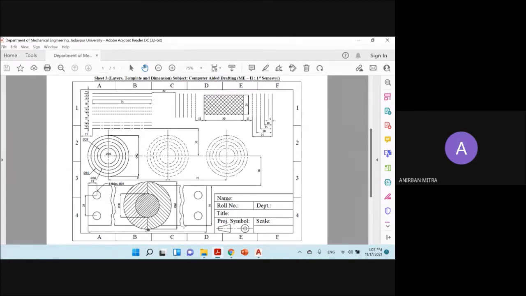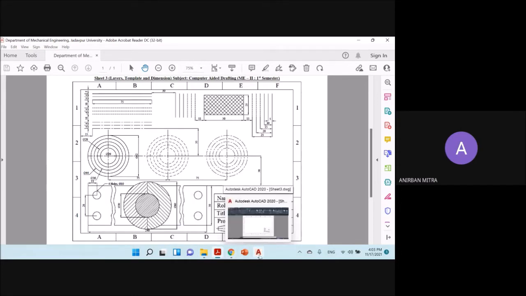Now, how do you provide these broken sections? Any ideas? You can use the spline command. Spline command is used to create continuous lines. So here you can use the spline command to have continuous smooth curves.